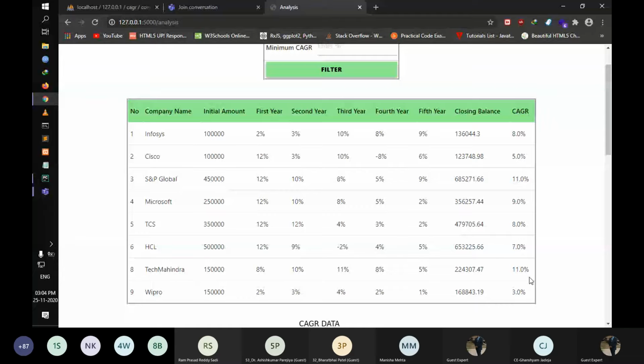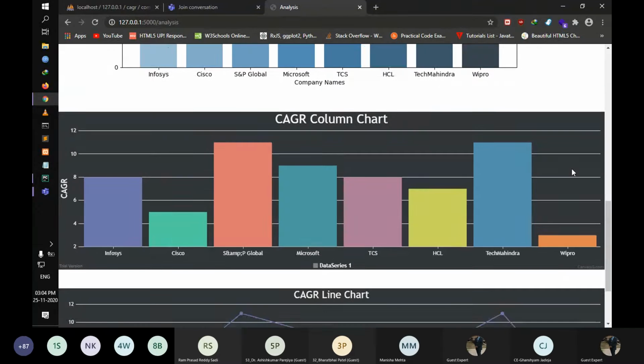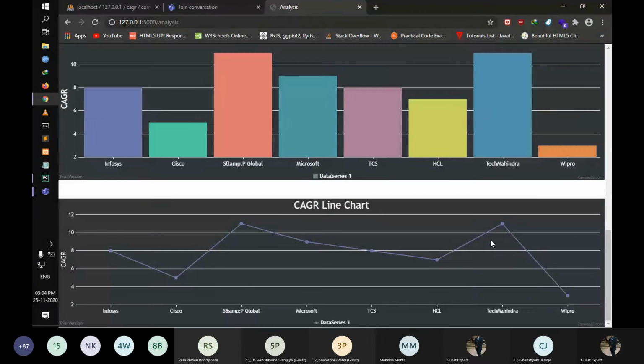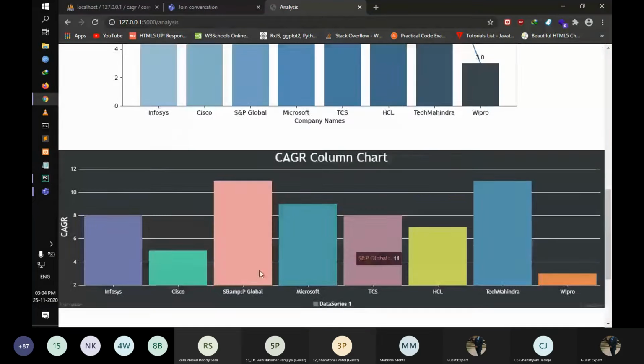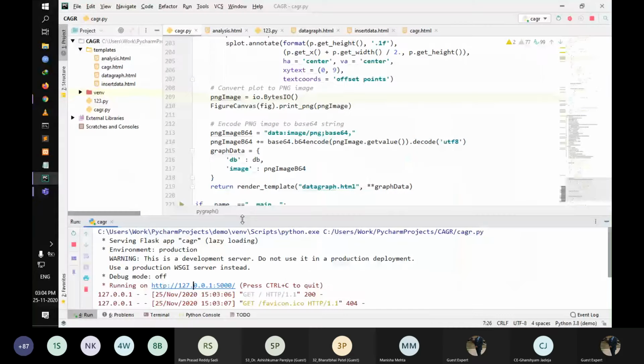And it creates a graph here. It shows a graph with the values and the company names, and it creates a chart as well. This is an HTML chart. We are using a function in it. We have created two different charts for it, one line chart and one bar chart. This is coming from HTML. This part here is what is coming from Flask, what we discussed just recently when I said that we convert the graph into an image and directly display it.